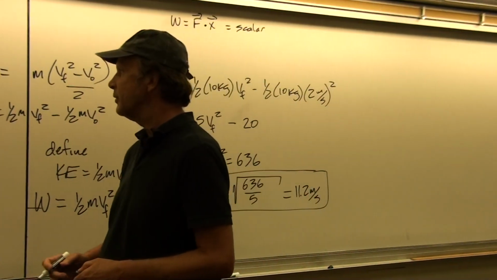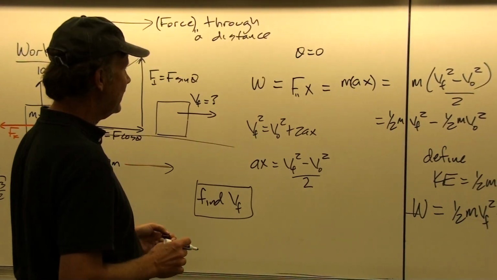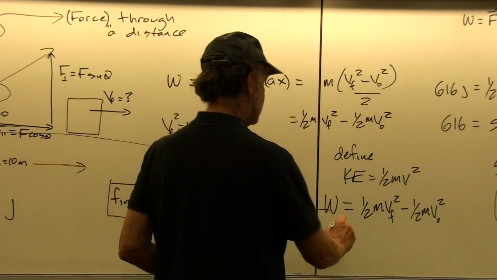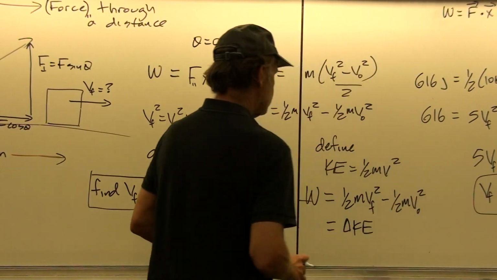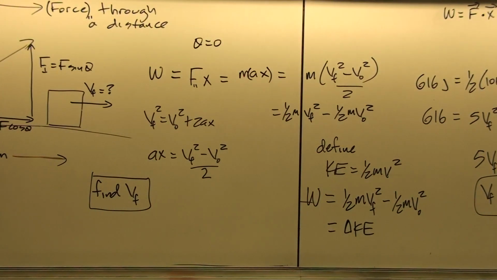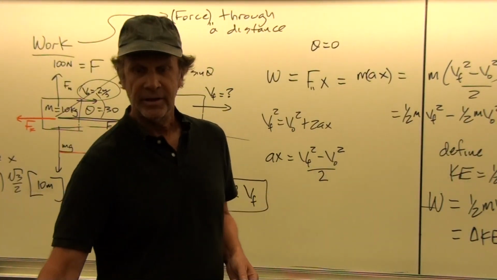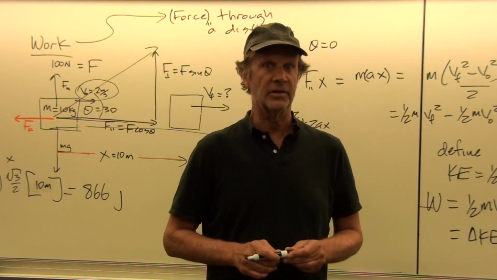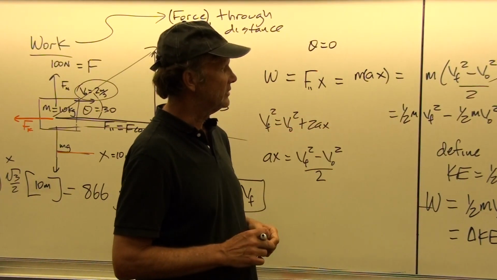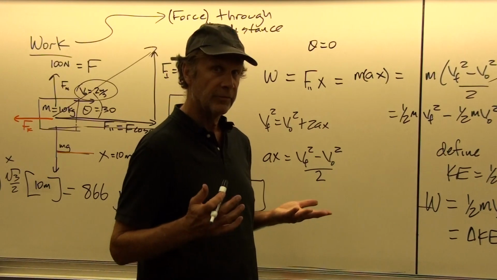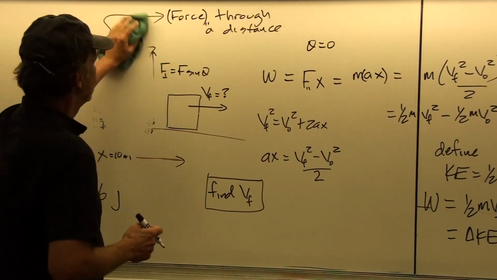Okay, so we just solved this problem using the idea of work and then setting that work equal to the change in kinetic energy. Work equals delta KE. But you might be asking, what about a really useful application where it would be hard to use our constant acceleration kinematics equations to develop an expression for the work done equal to change in kinetic energy? What if we have a variable force, in other words? Let's try a problem like that.